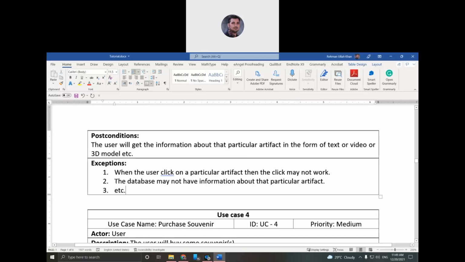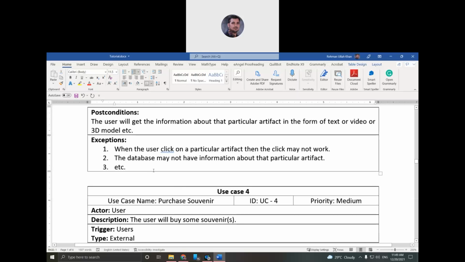Another possibility is that you click some image of the artifact and you want to get further detail, but the database may not have information about that particular artifact. So these are the two possible errors. If you think that there are other possibilities also, you can mention them.